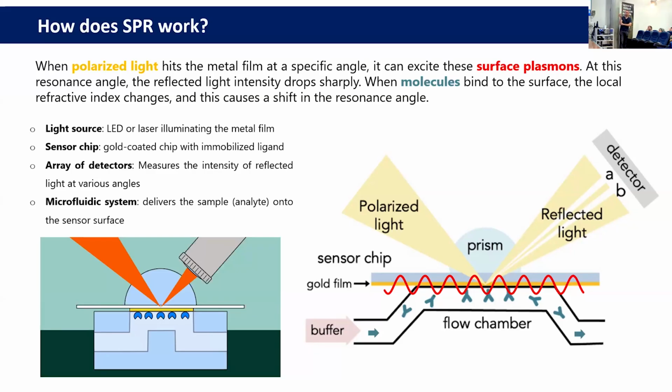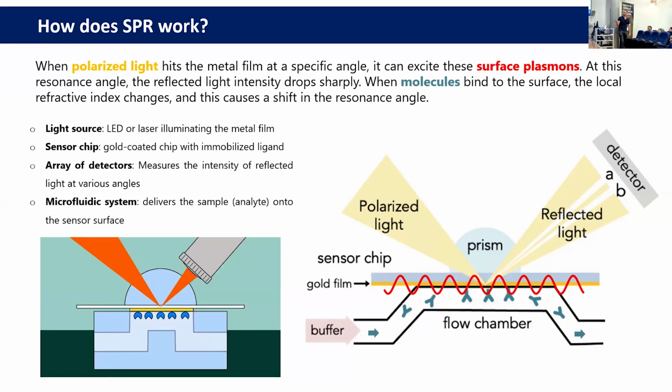However, this surface plasmon resonance has this electric field that permeates into the dielectric media, which in this case can be a flow chamber with molecules flowing. It's highly dependent on the refractive index of this media. Okay, we can change the refractive index by changing the composition of the buffer itself or the temperature. Or another thing that we can do is change the local mass in this dielectric. Like for example, flowing some vesicles, some molecules here that bind to the ligands that are bound to the gold.